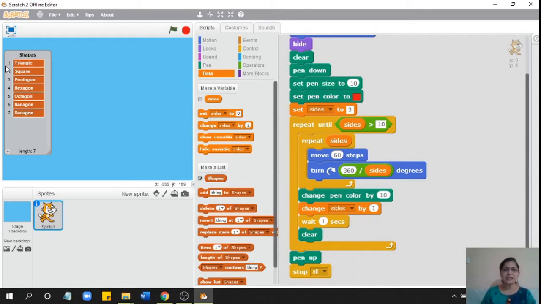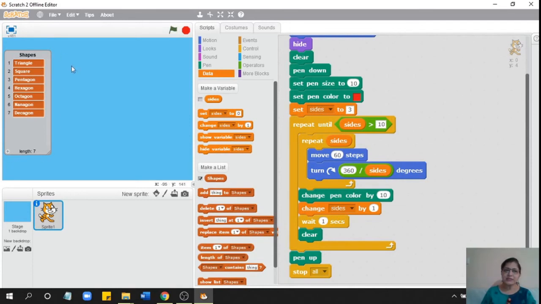That is the first item of the shapes list. So I say 1 of shapes to get triangle, 2 of shapes to get square. Suppose I say 5 of shapes, I will get octagon. 7 of shapes, I will get decagon.